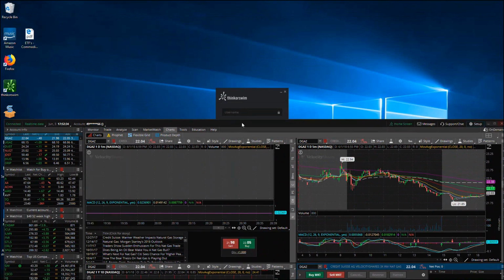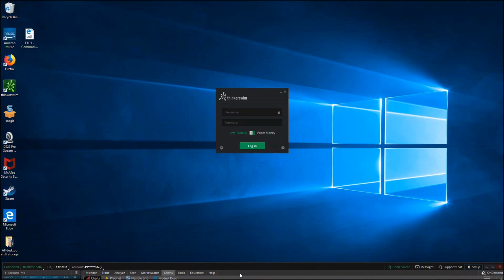So I'm going to pull this down right here. And for the people that have never logged into the Thinkorswim app, if you haven't downloaded it yet, just go to Google, type in Thinkorswim app download, whatever you need to find it, it will come up, and once you download it, this will be the sign-in box. So, you'll put your username in there. You can click this on and off if you want to keep your username locked in, just click that. Type your password in right here, and